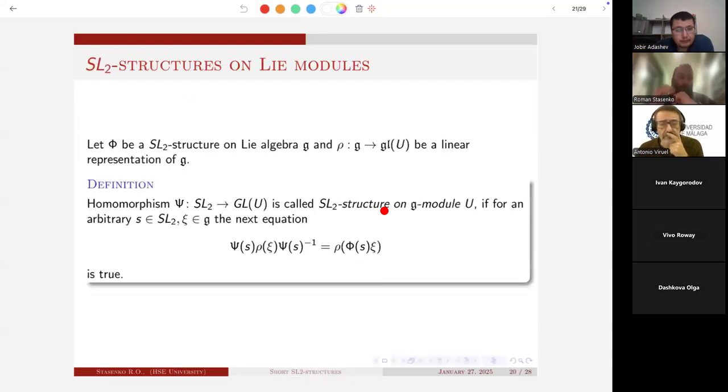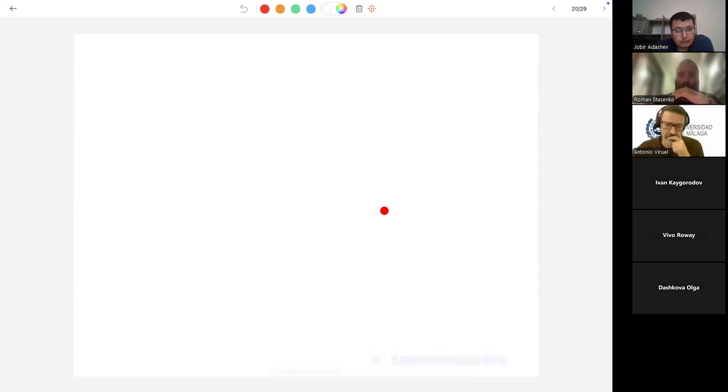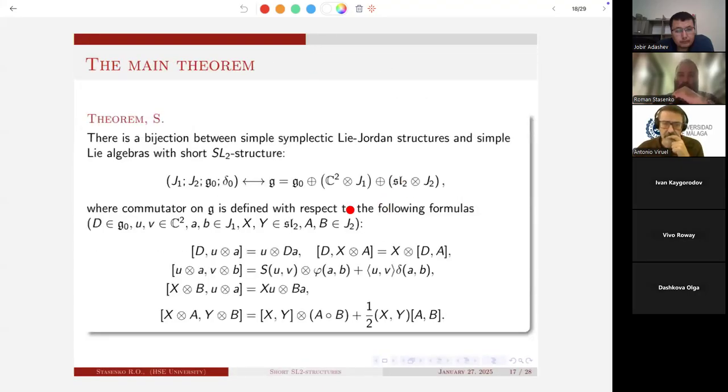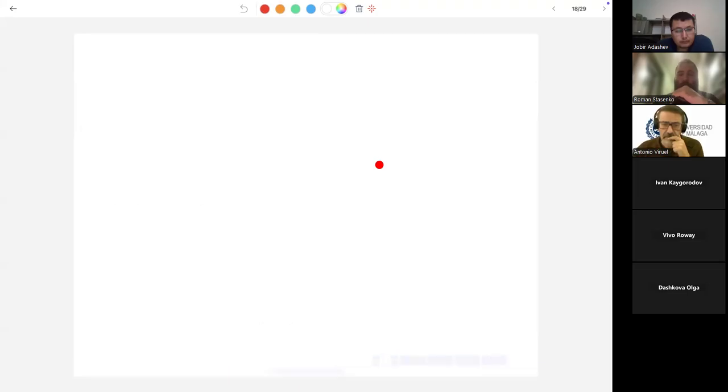So, the last part of our talk, I'd like to say about the further steps in our investigation. So we can see that short SL2 structures on the simple Lie algebras were investigated, and we got such a comprehensive answer. But